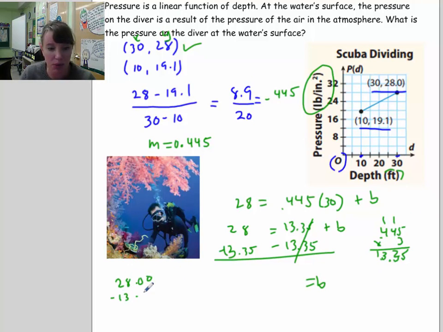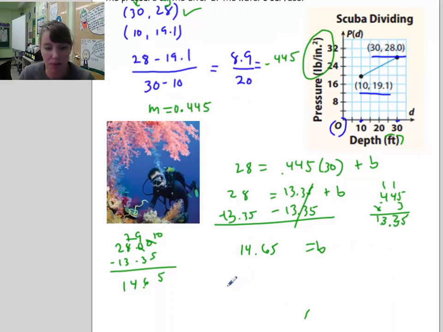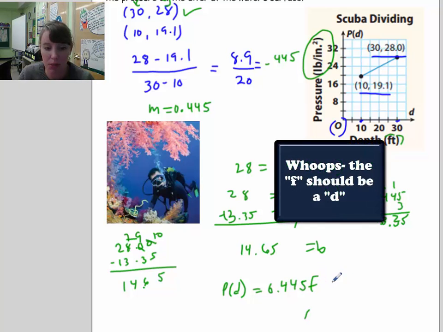28.00 minus 13.35. That would be 10 and 9 and 7. So b is equal to 14.65. So my final equation is, this is P of D, right? The pressure as a function of depth is equal to 0.445 times feet plus